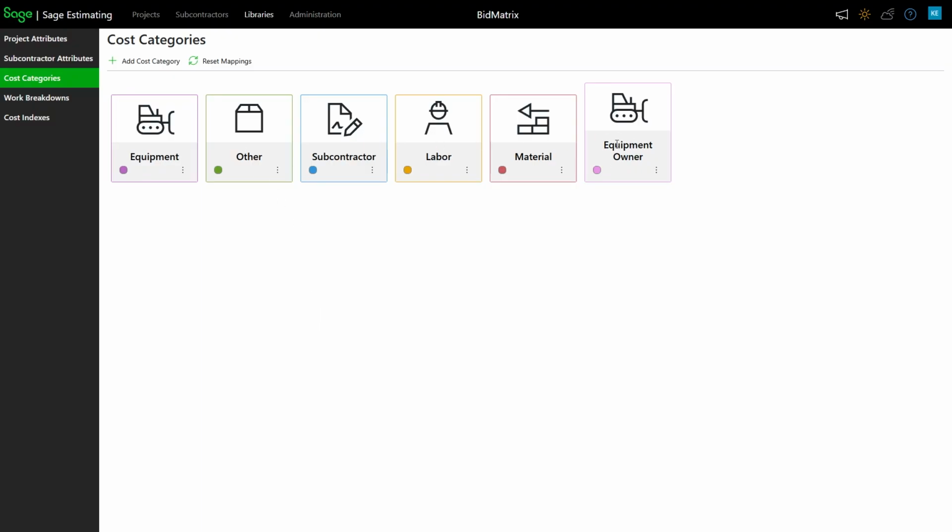So here's where I went ahead and hit add a cost category, and I had an equipment category, and now I have equipment owned. So maybe I could have equipment owned, equipment rented, materials that need POs, materials that I plan on coming out of inventory, things like that. With this version going forward, there are a lot more categories that I could potentially have to break down cost in more detail as we start building this into a true estimating product and adding the estimating functionality to what we've got today.